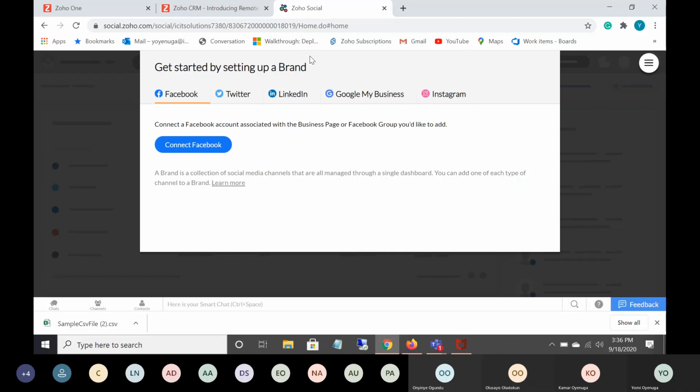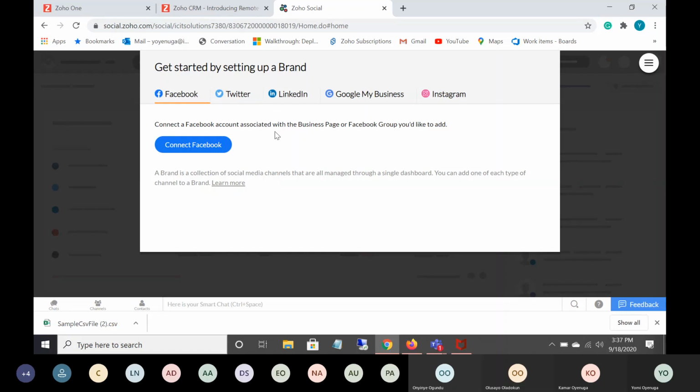As I showed before, it's also integrated with the CRM, where for each contact you can also show each interaction you have, like maybe tweets from the customer or the lead. But this is showing the full application itself and how it's set up,